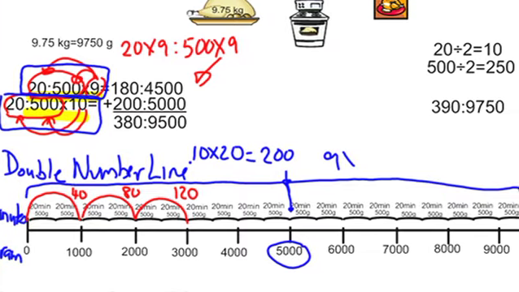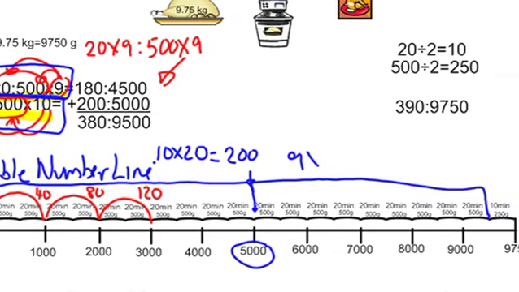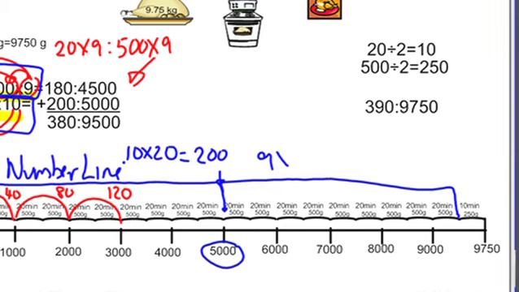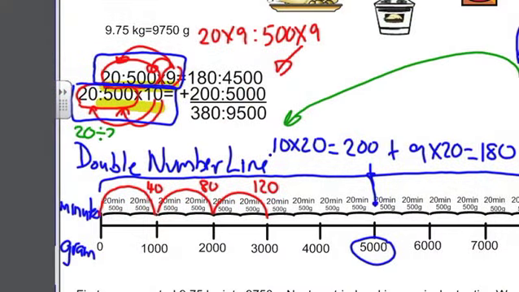So they would add the 20. They'll divide 20 by 2, and they'll divide 500 by 2. So they can get to 9,750 grams. You get it? Yeah. All right, here 20, divide by 2, 500, divide by 2, and that would give you another 10 minutes